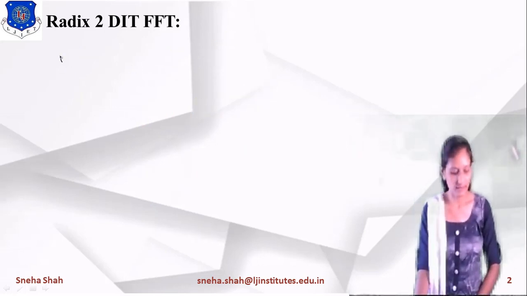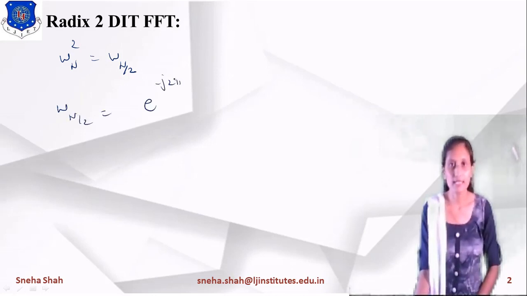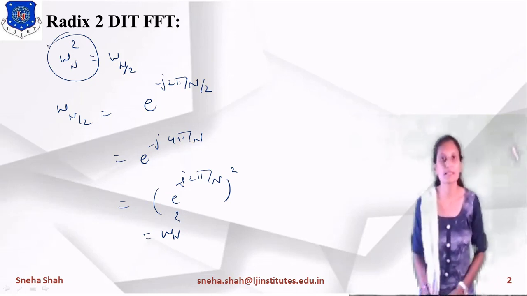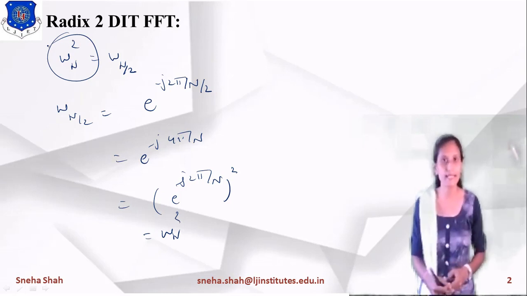In the same way, the third property is W_N^2 equals W_(N/2). If you want to prove this property, then W_(N/2) means e^(-j2π/N), right? Instead of this N, we had written N by 2. So instead of this N, I am writing N by 2. So this term will be e^(-j4π/N). So this will be represented as e^(-j2π/N · 2), which is 4. So this term represents W_N and its square, so it will be represented as W_N^2. So these are the 3 different properties which are important to solve any example of the radix 2 DIT-FFT algorithm.